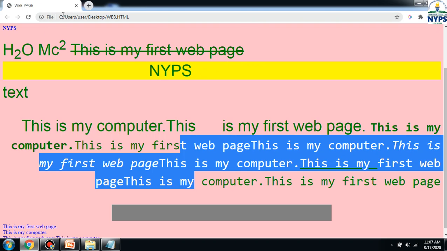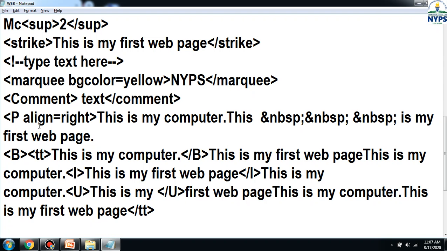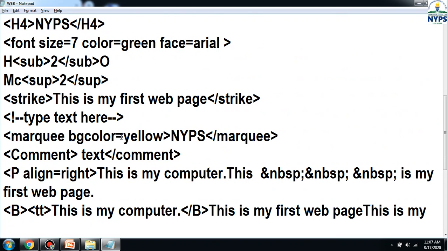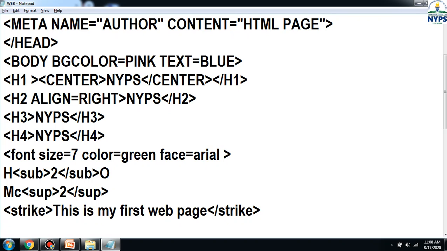So all these are the style tags: subscript, superscript, bold, italic, underline and strike tag. So we have covered all the chapter in your books. For this font tag, some hexadecimal values are also given. For any of the color, like marquee color or any of the color, you can use, instead of this green,